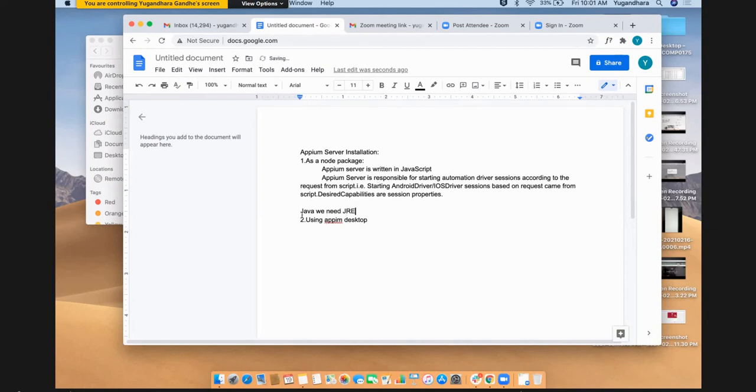JRE is the Java runtime environment for Java. For C# we need the .NET environment, right? So for C Sharp we need the .NET environment. Now JavaScript is a language. If you have any program written in JavaScript, then you obviously need a runtime environment to run that program.